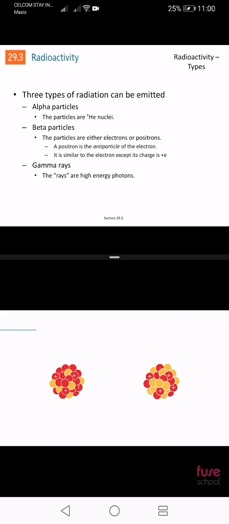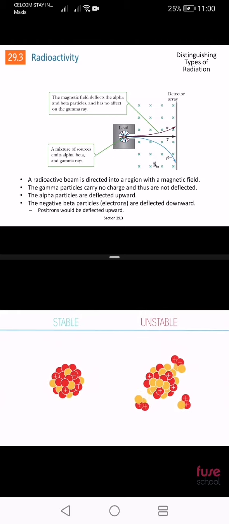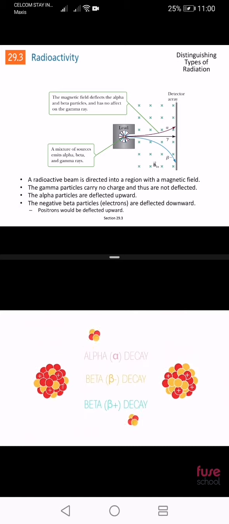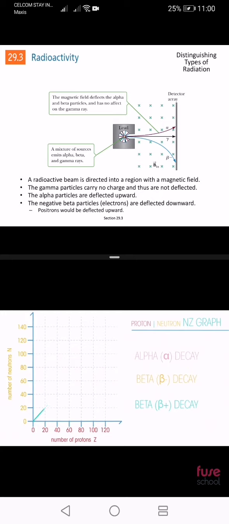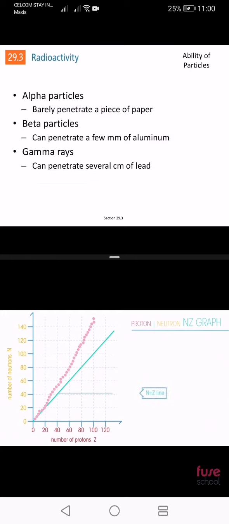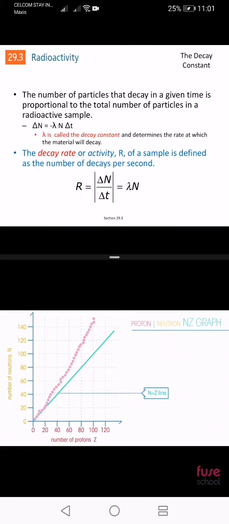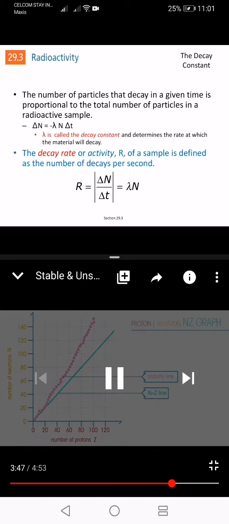So how do we know if an atom is stable or unstable? We can determine whether a radioisotope is likely to decay and what type of decay is likely to occur by looking at its position on a proton-neutron N-Z graph. This graph shows the number of protons on the x-axis and the number of neutrons on the y-axis. This is the stability line. If a radioisotope lies left or right of this